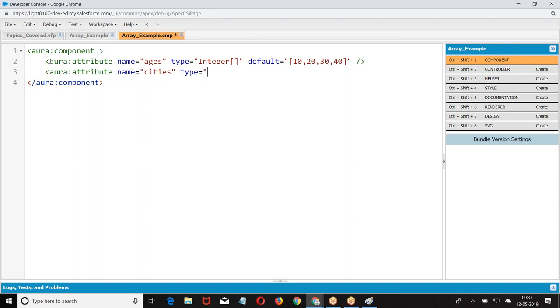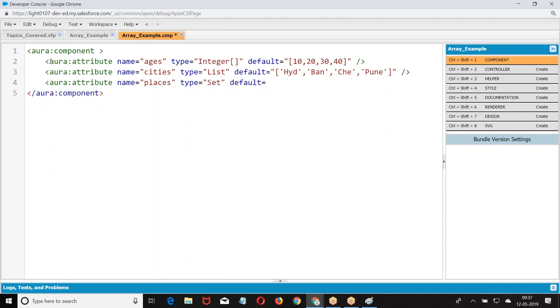Yes. Now I created three elements: array, list, set.